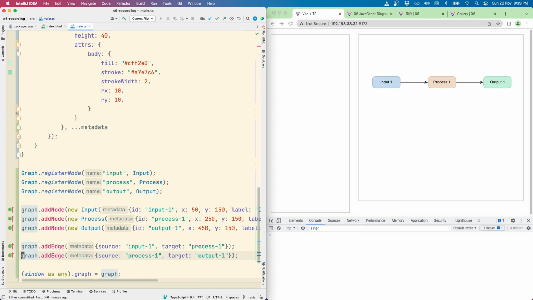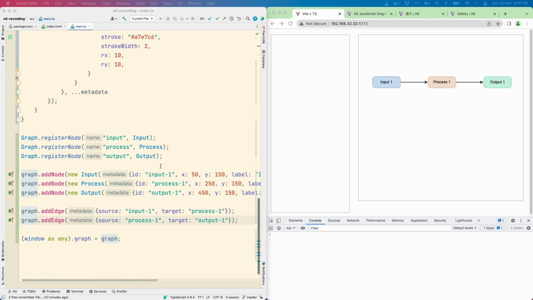Of course, what we really want to do is allow the user to create instances of these nodes on their own. For that, we need to use a stencil. The stencil will be this user interface widget that we'll have on the left-hand side here. Inside there will be multiple groups, and in each of those groups, there will be node types. The user will be able to drag that node type to the graph on the right-hand side.